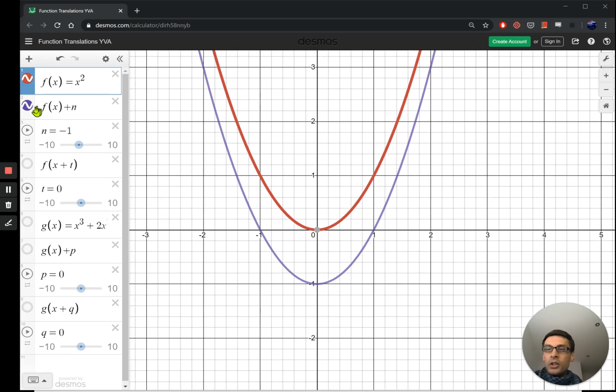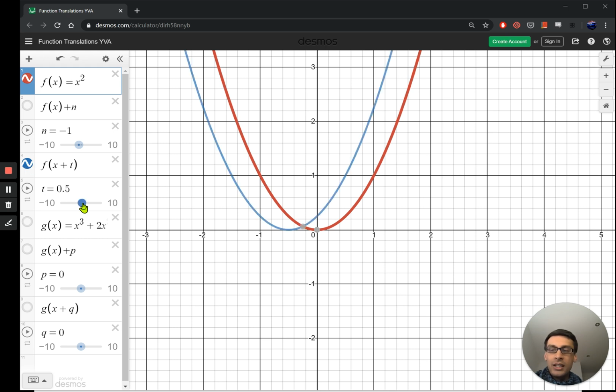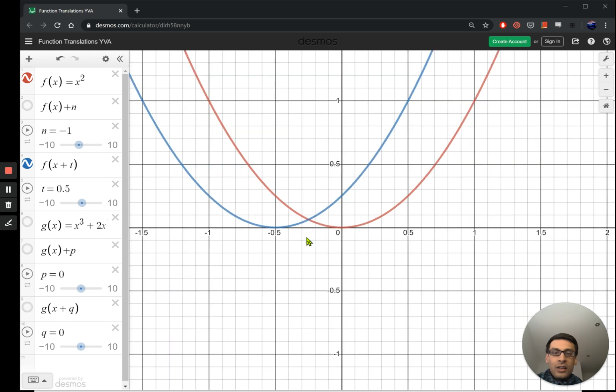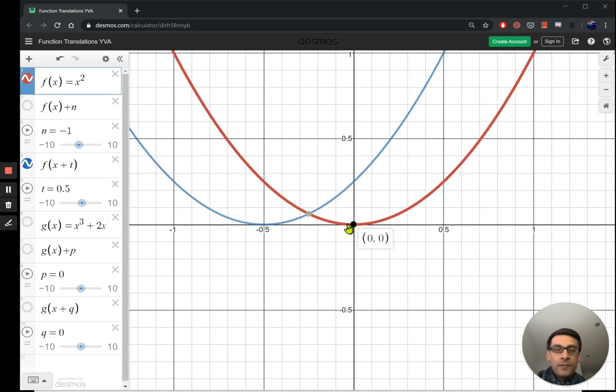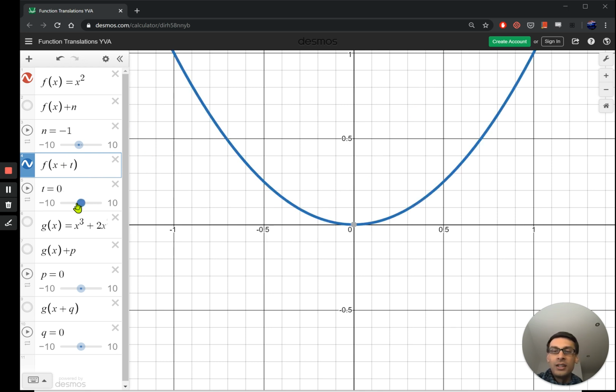Another thing you can do is, I've got a second function, f of x plus t, and this time I'm going to change the t values. So let's see what happens when I change t to a half. Well, if we look closely, that 0, 0 minimum has shifted to negative 0.5, even though I've added 0.5 inside the bracket. So if I change that to 1, you can see it's shifted